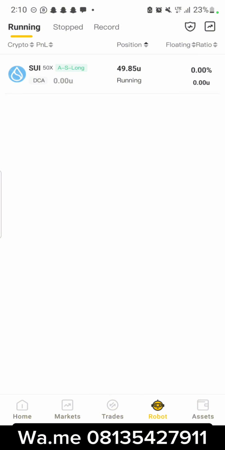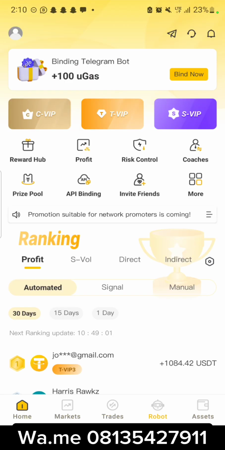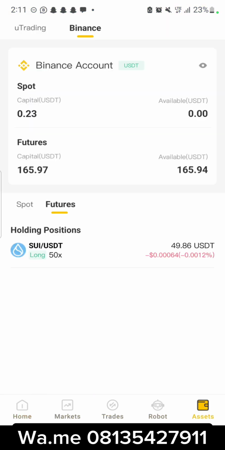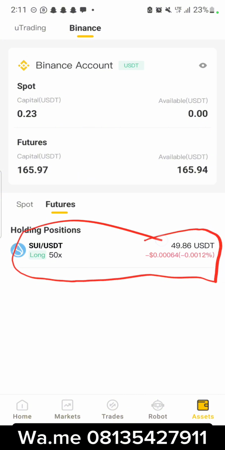Now let me click on home page and click on asset. Then once I click on asset, let me show you something now. Can you all see? This trade went in with $1, but here it is showing that it went in with $59. Yeah, this is a $1 trade, magic trade, you understand? It's a $1 magic trade. Yeah, and it's really explosive. I've given this to so many of my community and they are doing great in it.